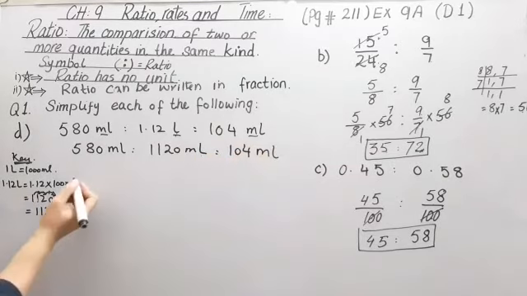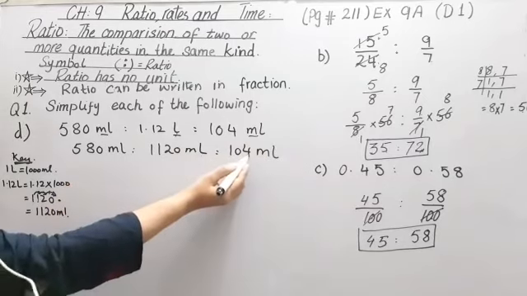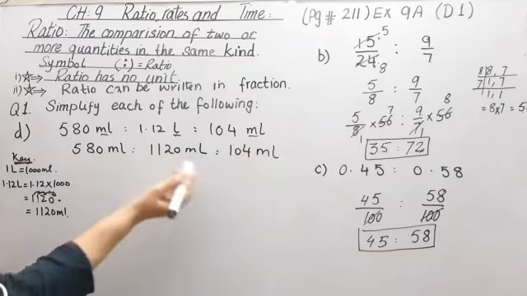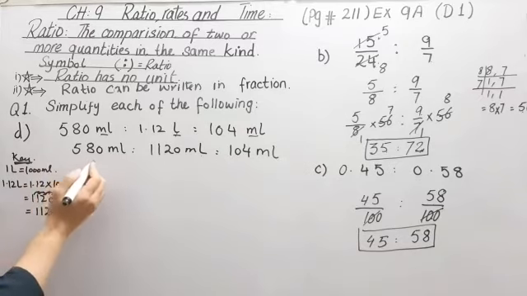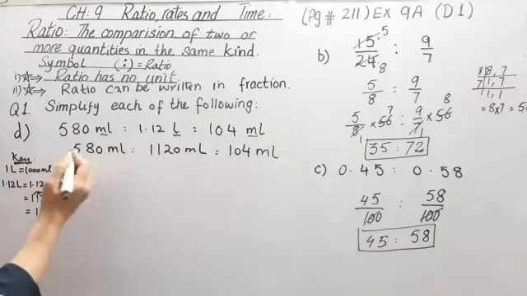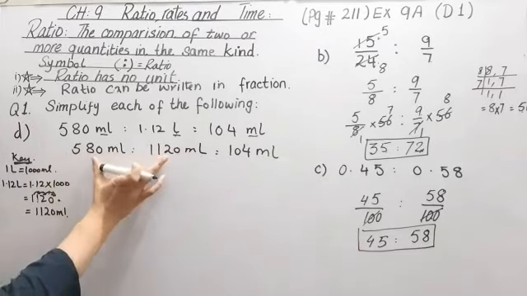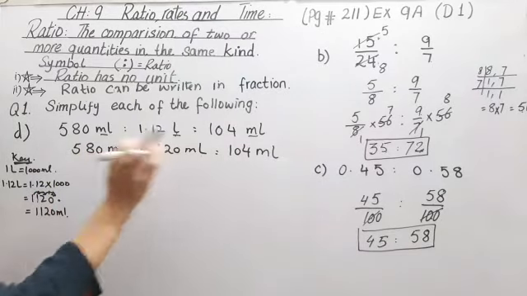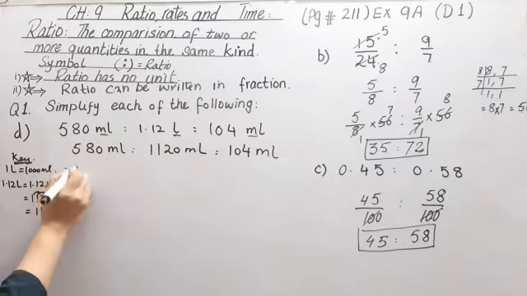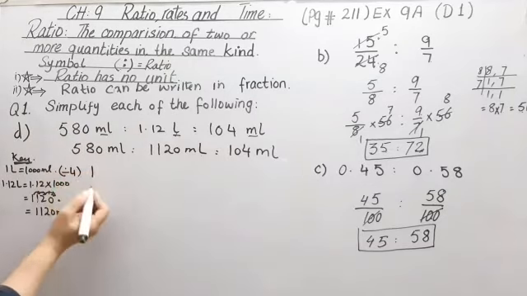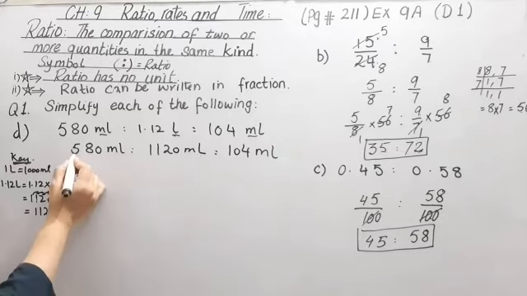Now we see which table we use here. Here 4 0 0 is involved. We can't use the table of 10, so we use that table which is divisible on all three things. Don't take any one table for them. You use one table on the same quantities. So I take the table of 4 here. 4 ones are 4, but you can use the table of 2 first and the table of 2 a second time. This is also a method. 4 ones are 4 and 16. This one 18.